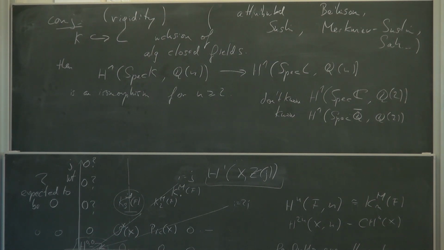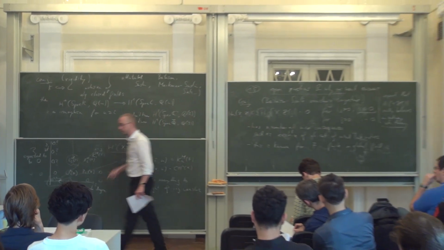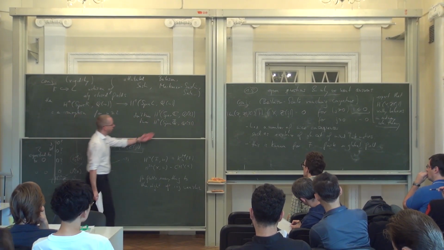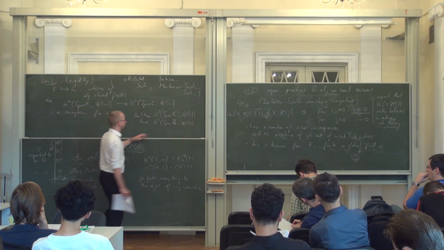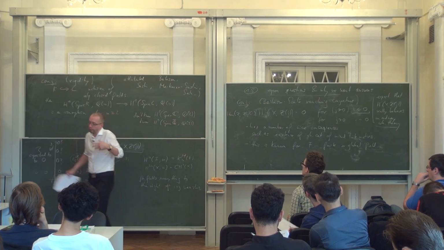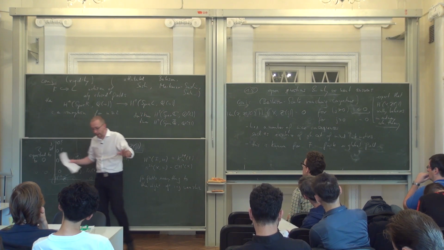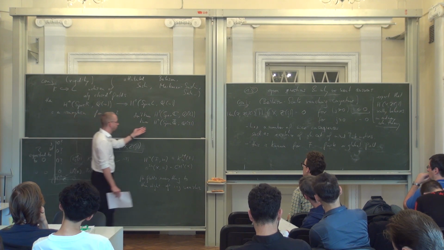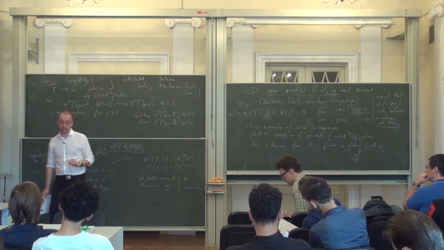Borel computed the Motivic cohomology in terms of K-theory or group cohomology of number fields. So we know the ranks of the K groups, and we also know the ranks of the H1 Z2 for number fields, and then we also know it for Q bar, and we know that basically this Motivic cohomology group is completely detected by the Borel regulator. So in a sense, we know this group. It's a countable dimensional vector space over Q, but we have explicit maps, namely the regulators that we can use to understand this thing. And we would like to say something about H1 spec C, Q2,